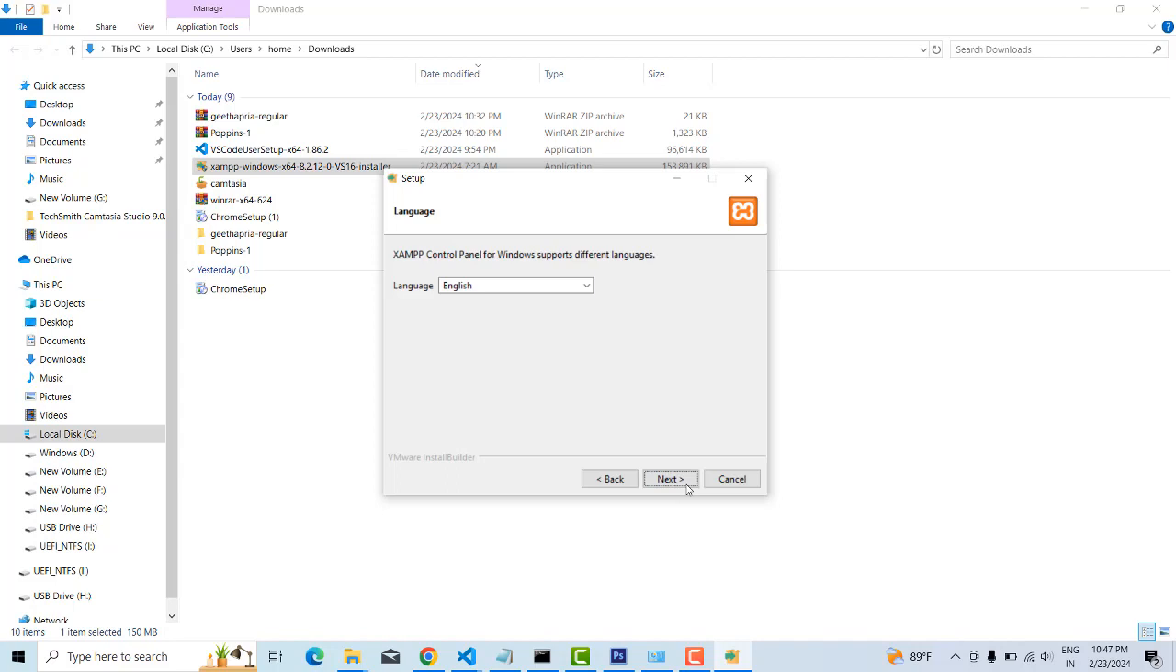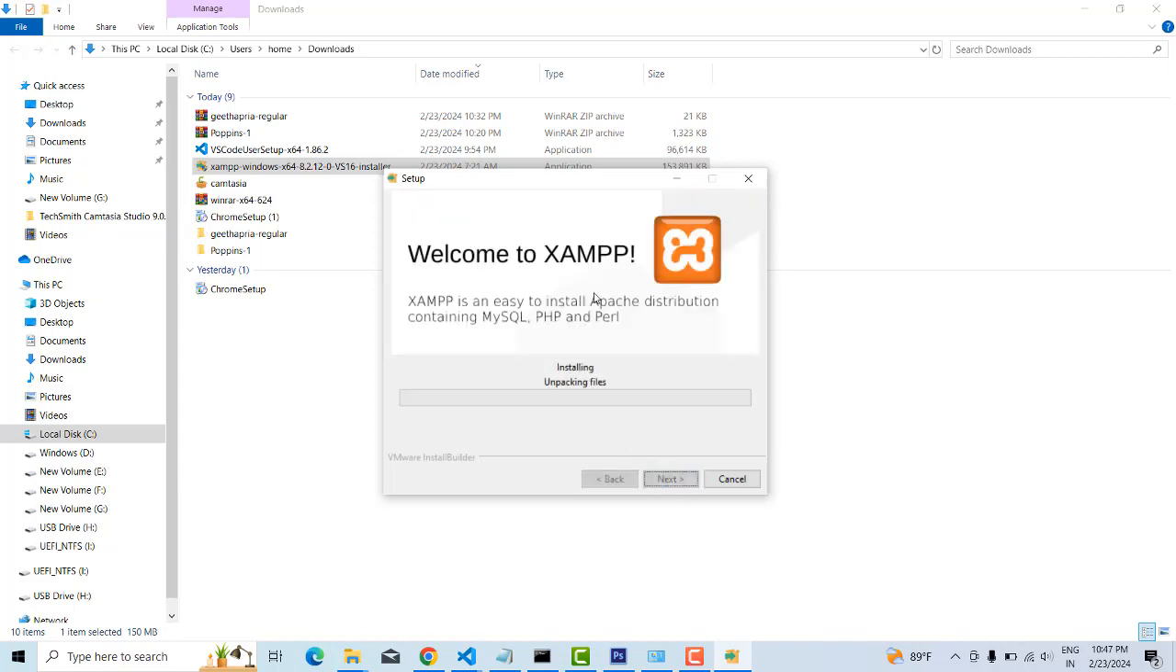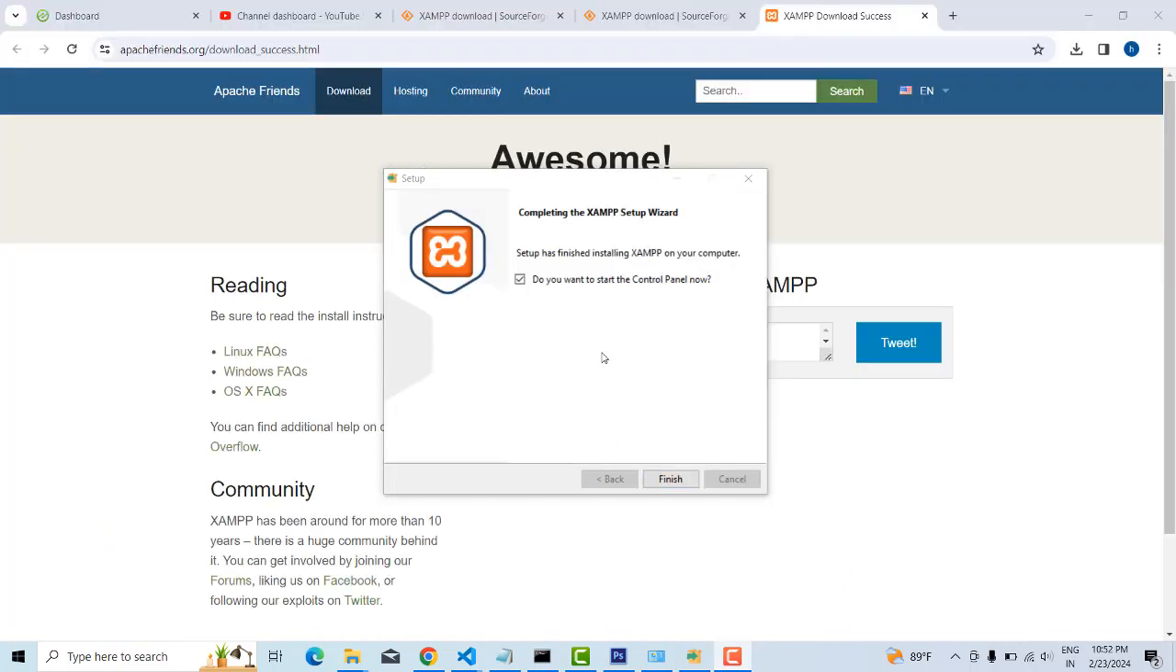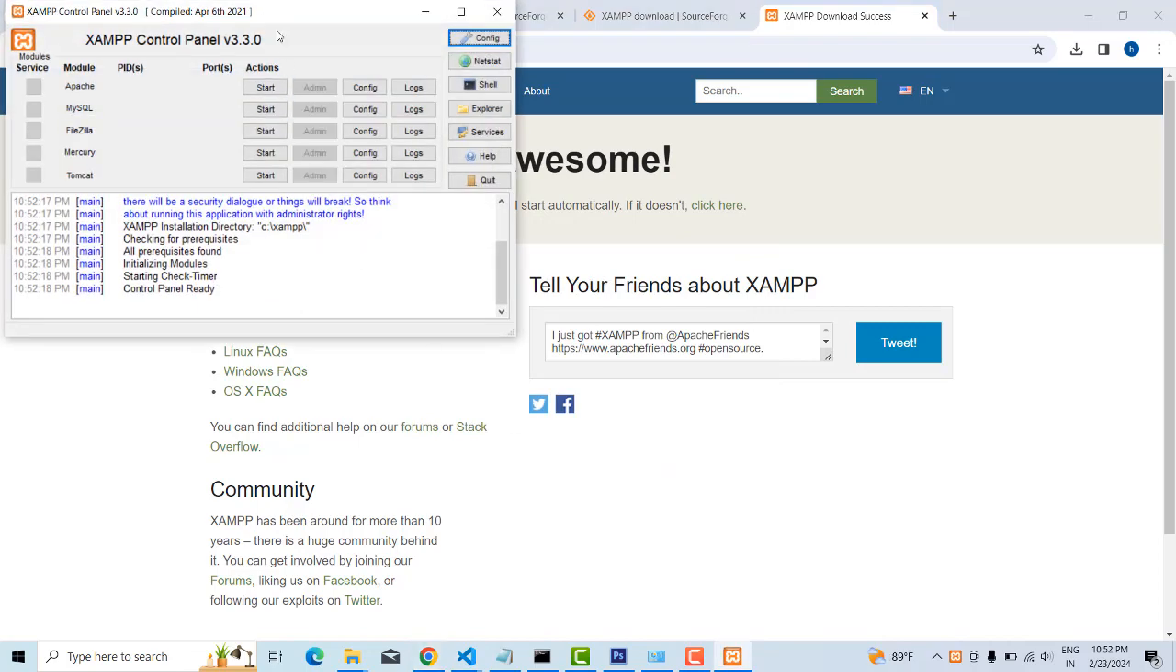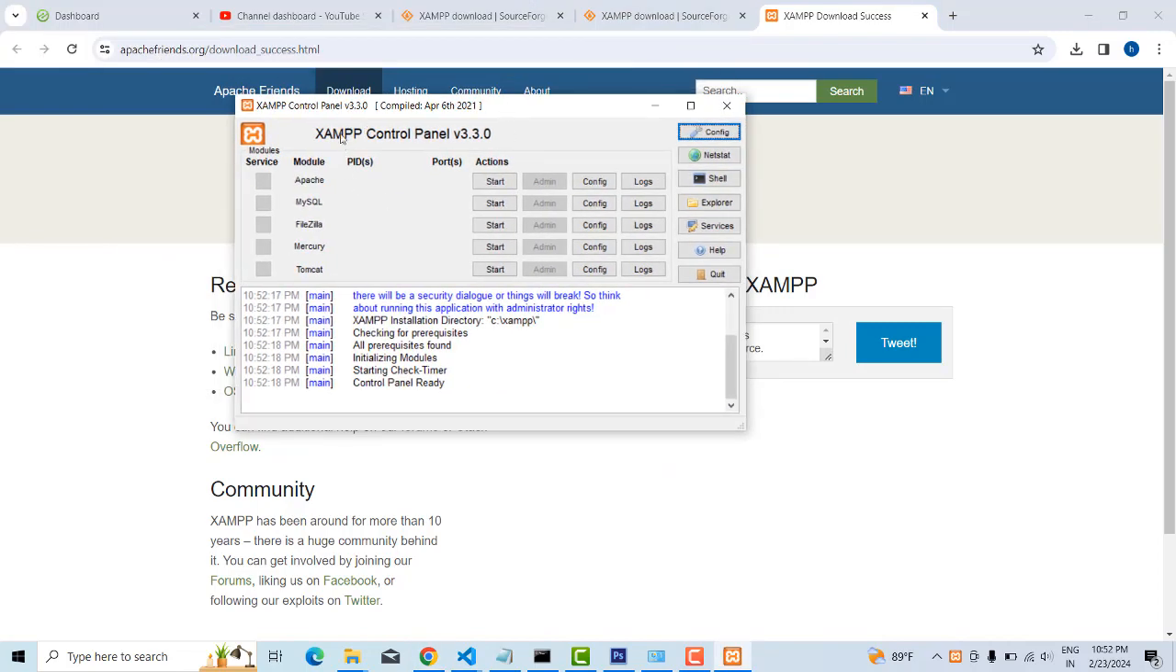Click next. Select the language as English. Next. Next. You have to wait until the installation is completed. Now you can see the installation has been completed successfully. Click finish. Right, now if you click finish here, your XAMPP control panel dialog box will open